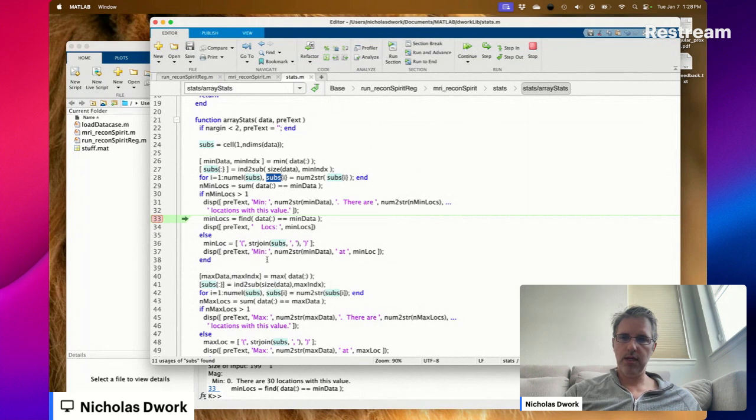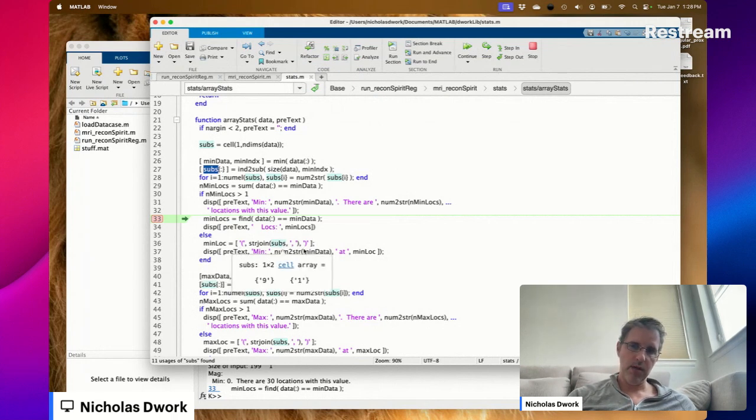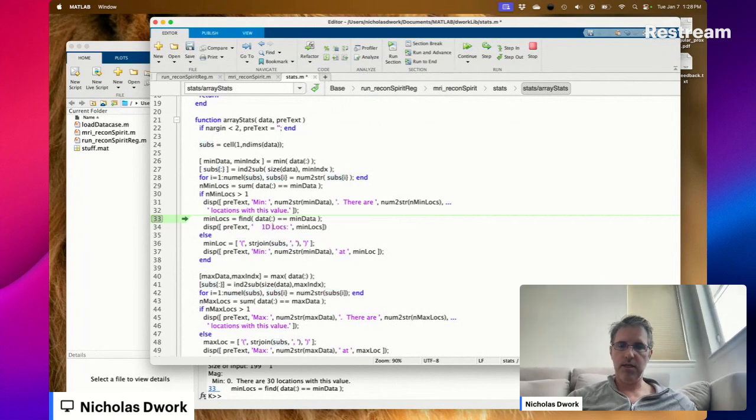There are 30 locations with this data. So what are subs? Oh, this is me telling you the multidimensional index of the smallest value in a multidimensional array. But now I just want it for